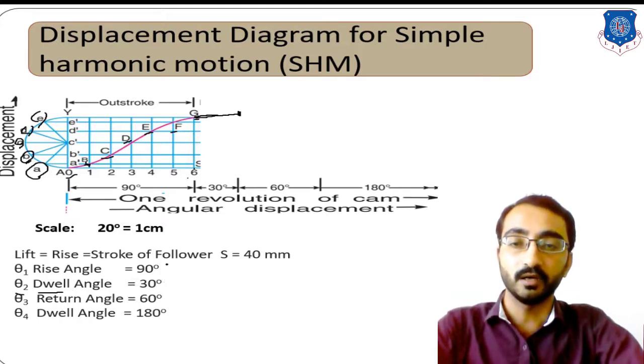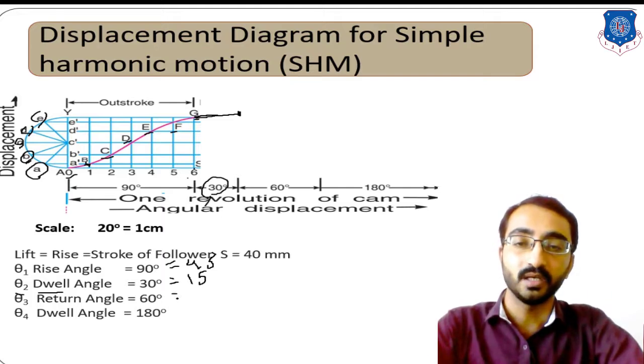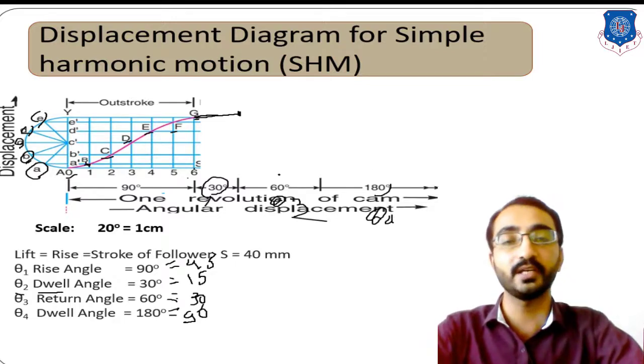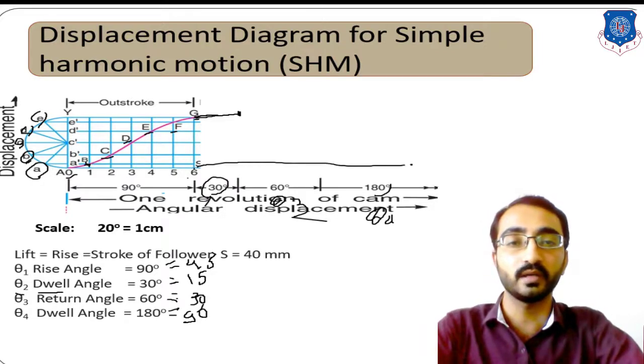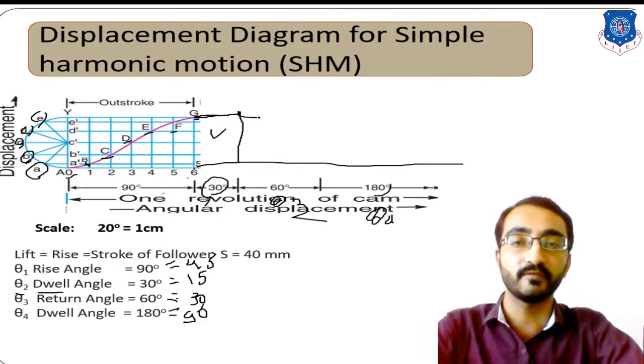For example, in the initial 45 mm you have represented theta 1. In the second, 15 mm you can represent as 30 degrees. In the next 30 mm you will represent 60 degrees, and in the next 90 mm you will represent 180. So over here theta 2, theta 3 and theta 4 are 4 equal intervals. Now by extending these rectangles you will get the phases. For phase 3 you again have to make one rectangle, and for phase 4 the last rectangle.